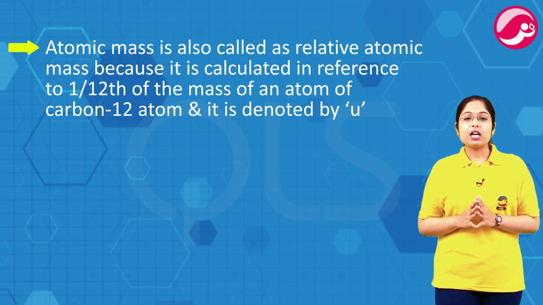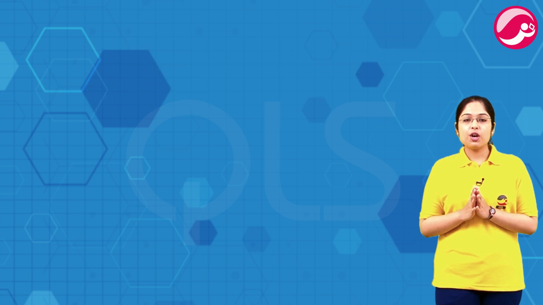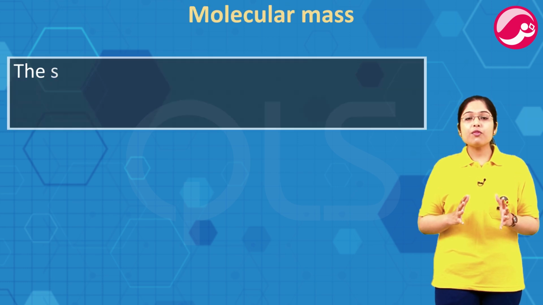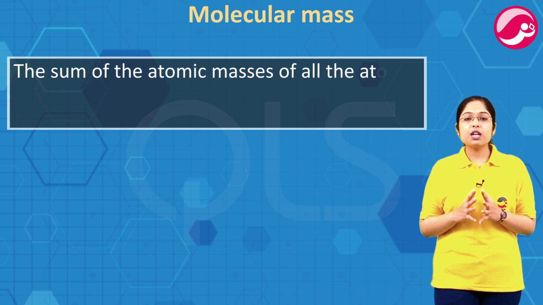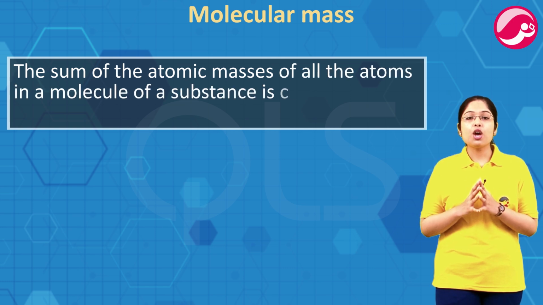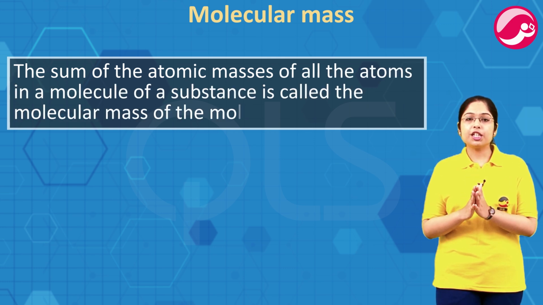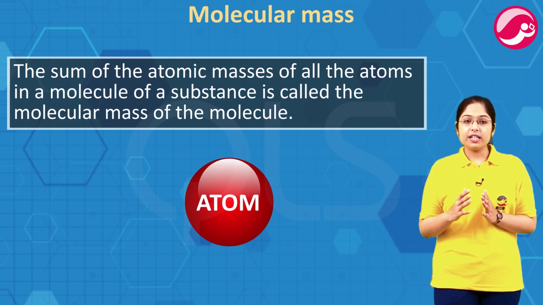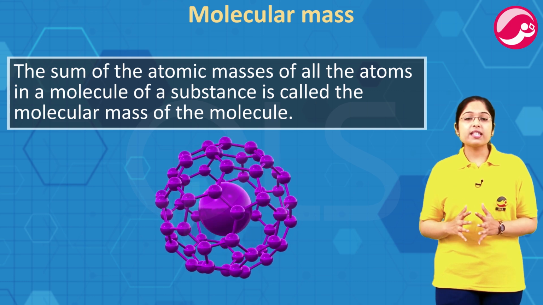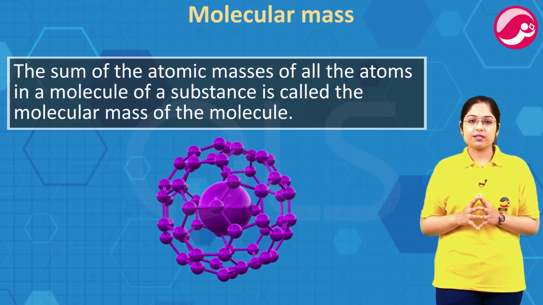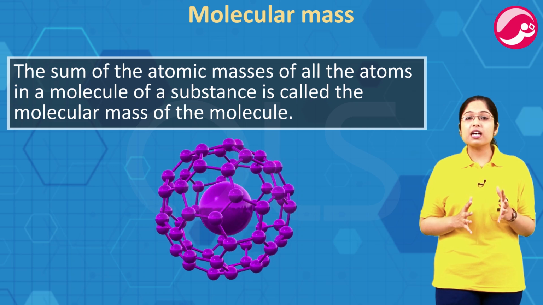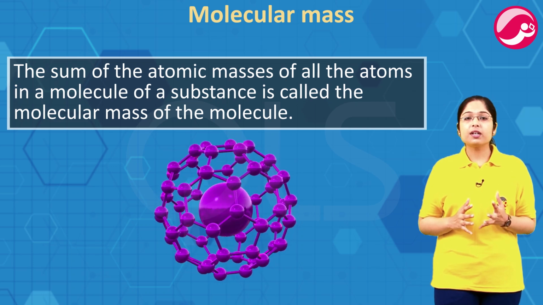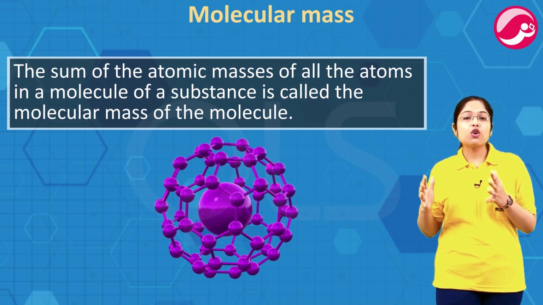Today we will understand about masses of different molecules and compounds. First, let's start with molecular mass. The sum of atomic masses of all the atoms in a molecule of a substance is called the molecular mass of the molecule. Atomic mass सिर्फ एक एटम का मास होता है, but molecules and compounds बहुत सारे atoms से मिलके बनते हैं. So to calculate mass of a molecule, we add up the mass of all the atoms constituting